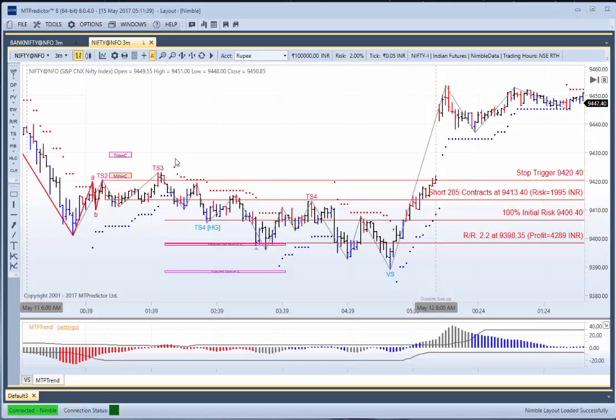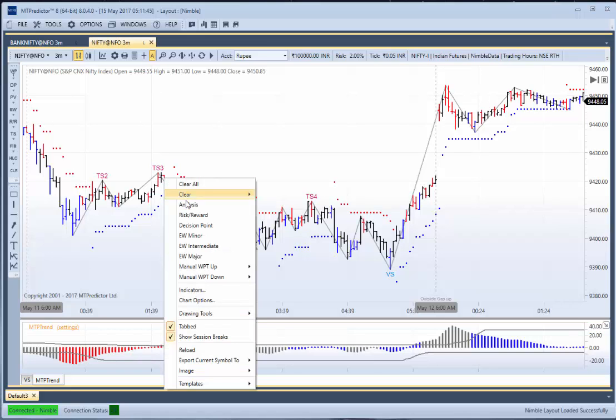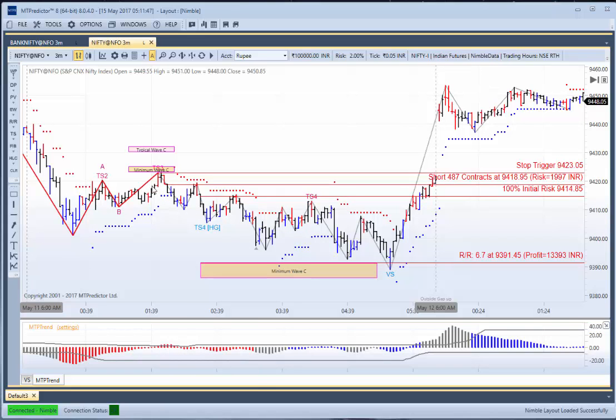We then got another trade set up here. Let's clear everything off. Again, this was on a red MTP trend, i.e. down. So this would be a good one to take. We right mouse click, place the analysis on. Taking you in short, the market starts to decline. We've had a potential buy set up here. You'd have done nothing because this was on a red MTP trend. Market was still deemed to be going down.